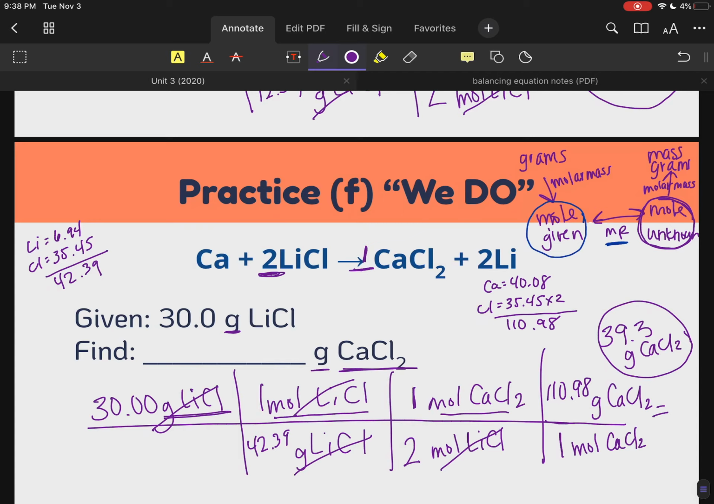Okay, so that's the last problem for these notes. You do have some independent practice problems to work through, so you can start those now. The answers are in parentheses, so you can kind of see if you're on the right track. If you're struggling, do your best, fill in what you can, and then fill